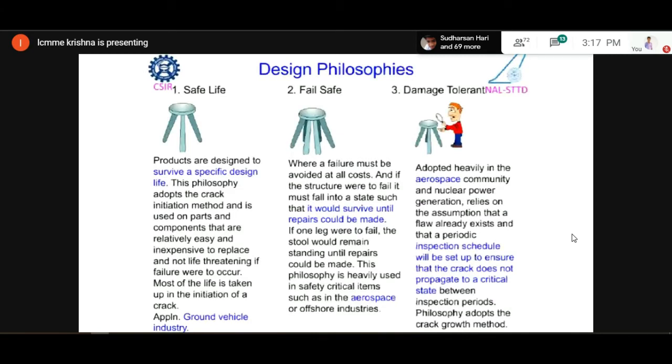Most of the life is taken up in the initiation of a crack in the application of the ground vehicle industry. Even the landing gear, we do design based on safe life only. For landing gear, we don't go for fail-safe and damage tolerant because it is a large load carrying component and no cracks are allowed. So some of the critical components are designed even today with